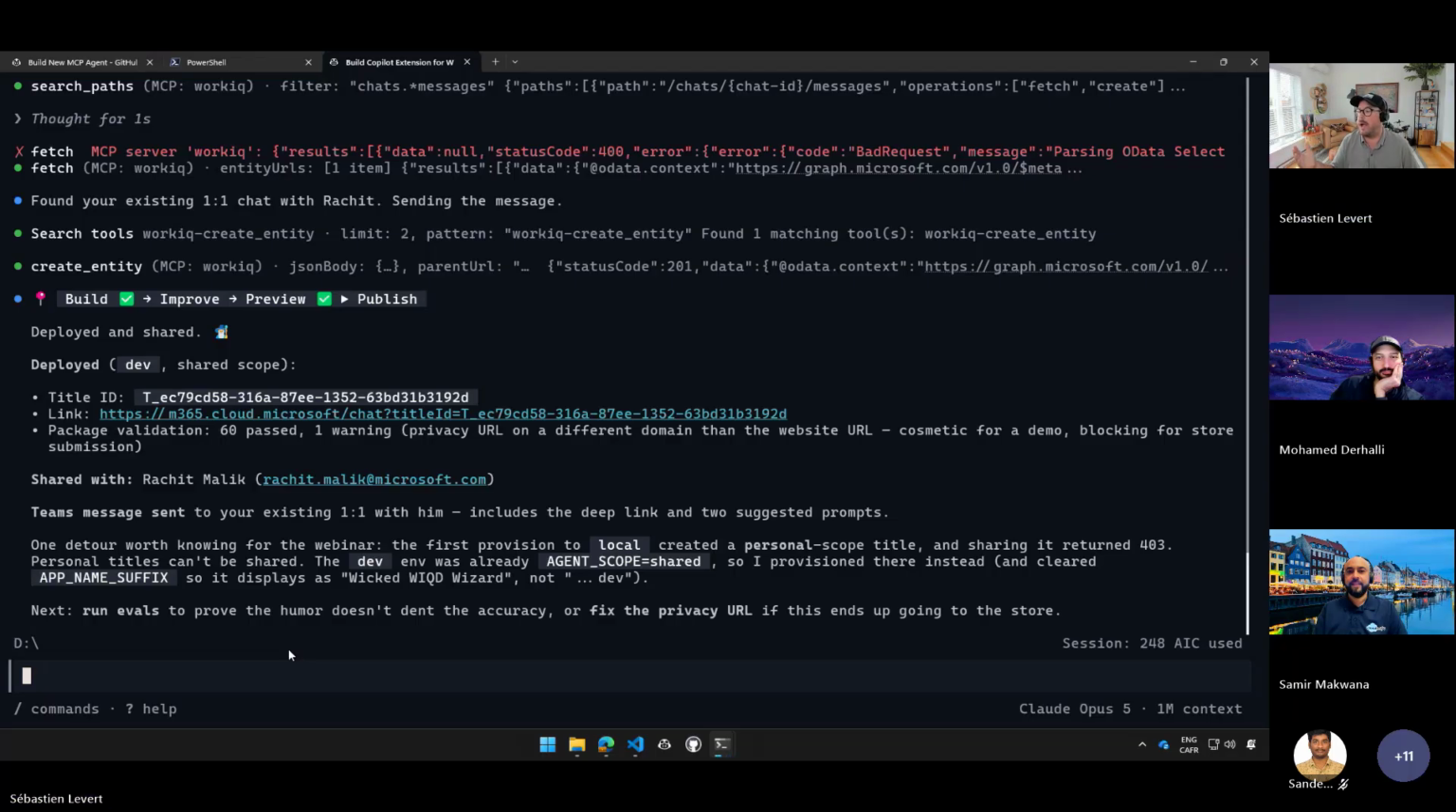Then I have an agent. It's been shared with Ratchet. I can work with him. It's available in Copilot. What else? Well, maybe quality is really low, and I don't know. So what I'm going to say, generate 5 evals for this agent, and he'll climb